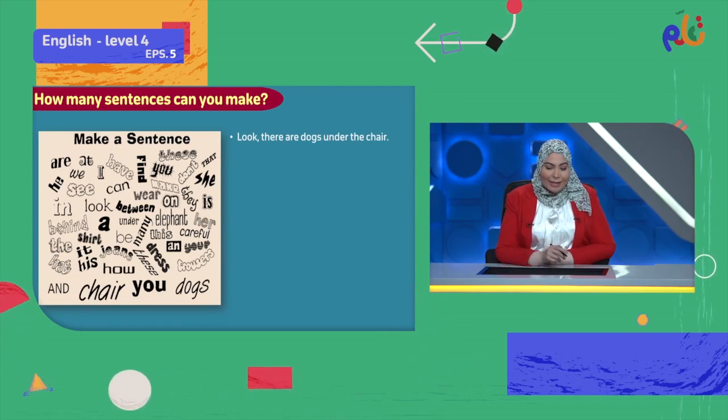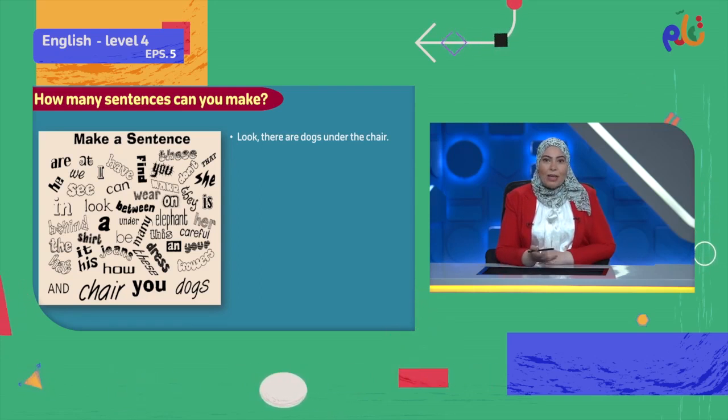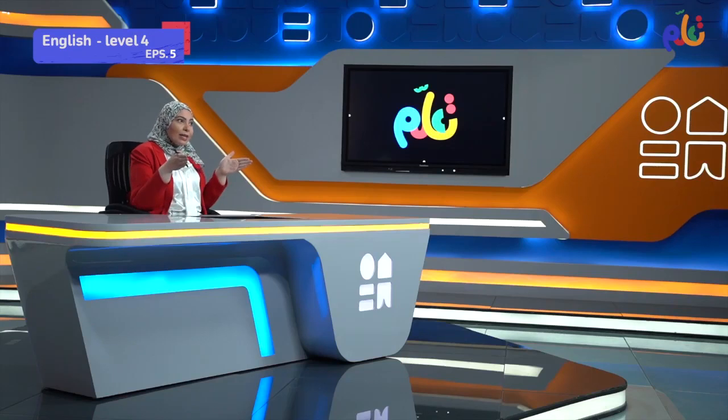Take a look and see what else you can make, or if you can come up with a sentence like this. It can be a long sentence or a short sentence. Don't worry about it, but try to combine the words together, put them in one unit. So my second sentence, I'm thinking of